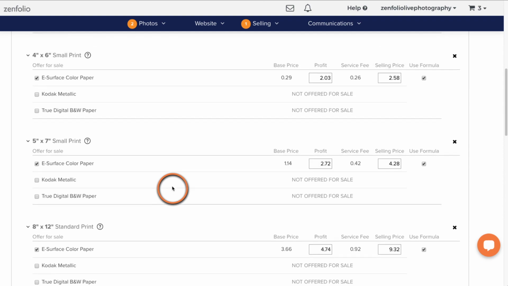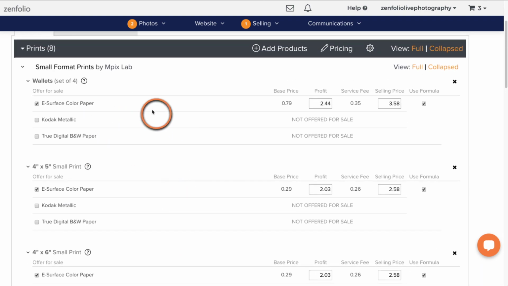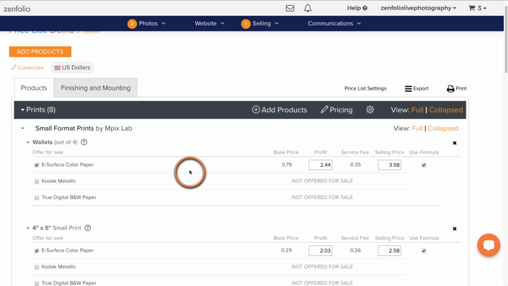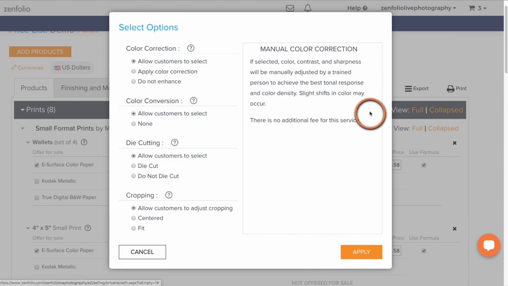Okay, so after we do that, that has simplified the price list quite a bit and removed several of those options. The next thing that we're going to do is go over here to the ordering options on this little gear icon. You're going to click here. Here is that color correction option. And you're going to see a third option here, the option to let your clients select color correction. Please don't leave this option to let your clients choose. For one, I feel like it's unprofessional if my clients are seeing the option to color correct my photos.